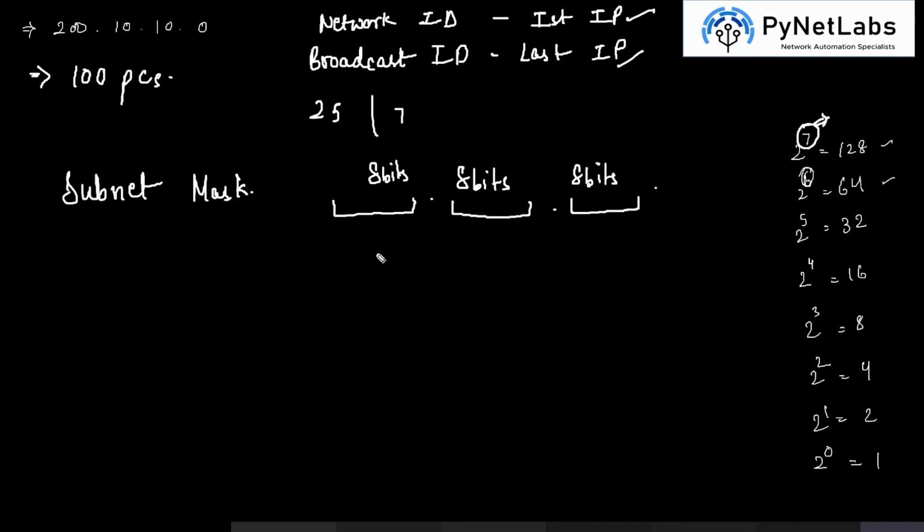So what is the default subnet mask for class C? It is 255.255.255. These 24 bits are completely used by the network part. After that, we have 1 bit from the host part, which is now being included by the network part, and the rest of them are still the host.